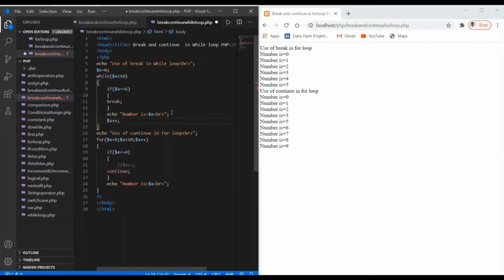Here we are using that if the value of variable x is equal to 6, the loop will break. So this time instead of 6 I will use say 3. Save the changes. And for the moment, I'm making this a multi-line comment entry. For that I have used slash then star, and up to this point I wanted to make the comment entry. Save the changes, and here we go back to the PHP folder.